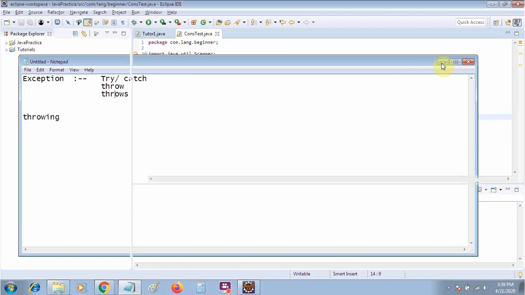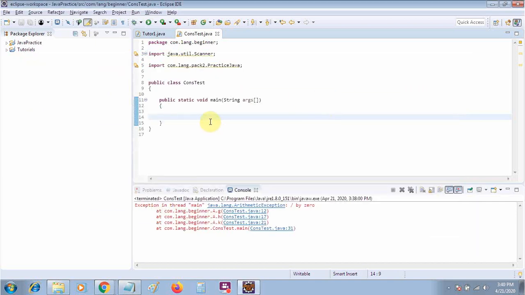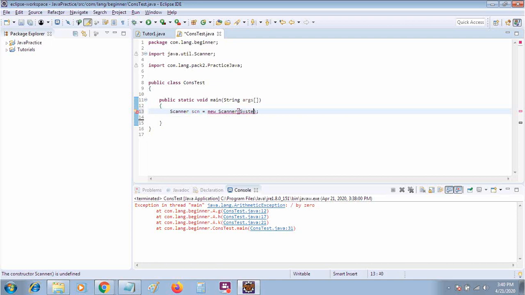Let me take an example. By example it will get much clearer. Suppose I am taking a Scanner class: new Scanner, and here I am saying System.in.